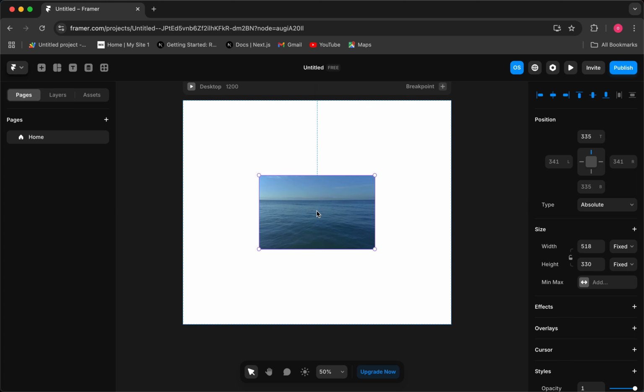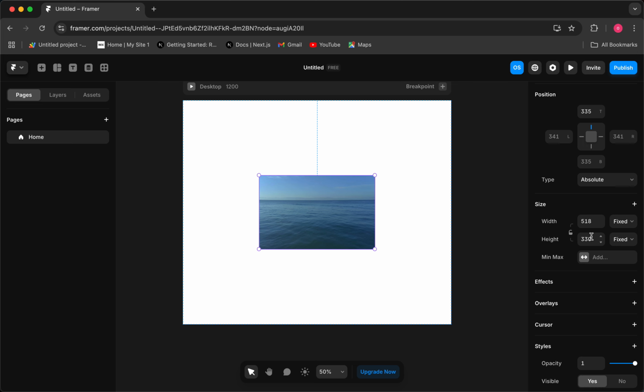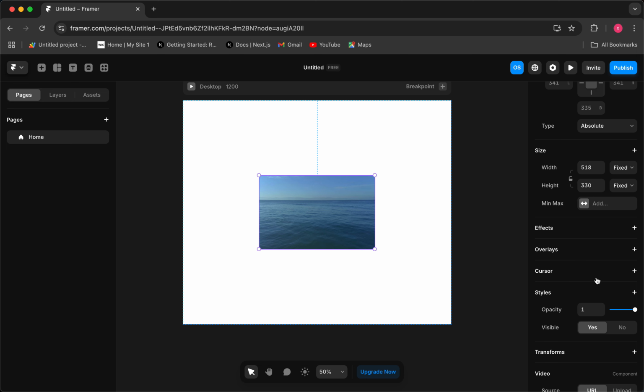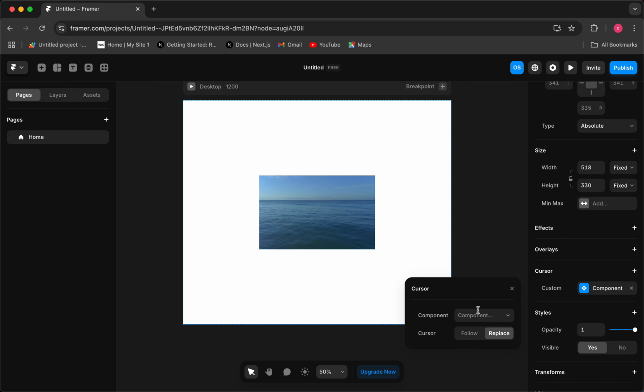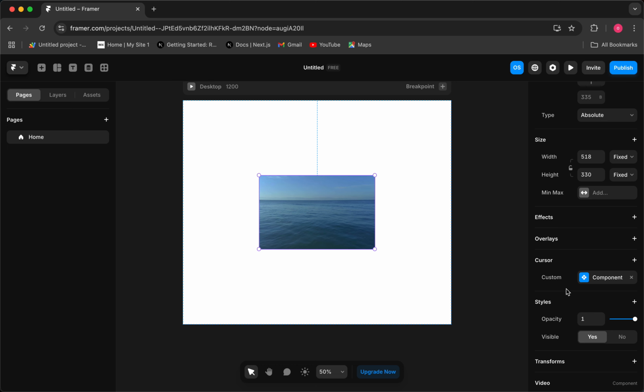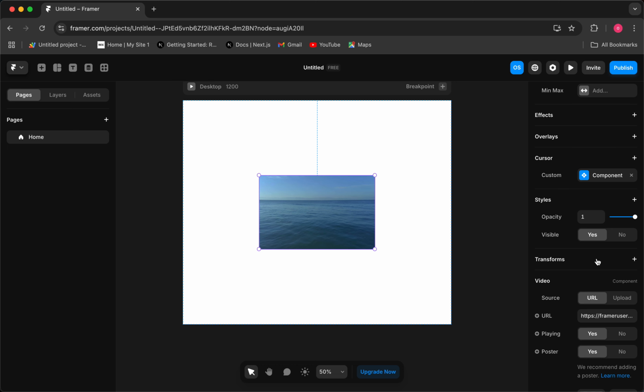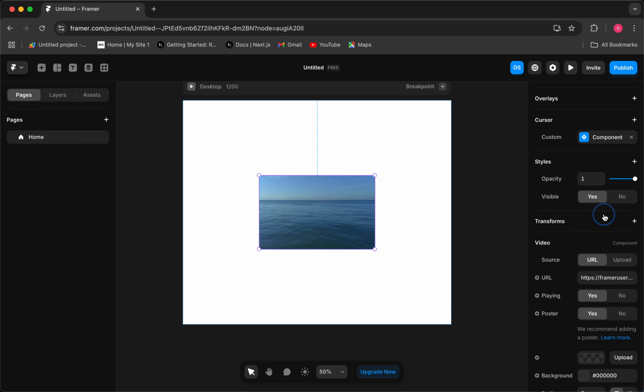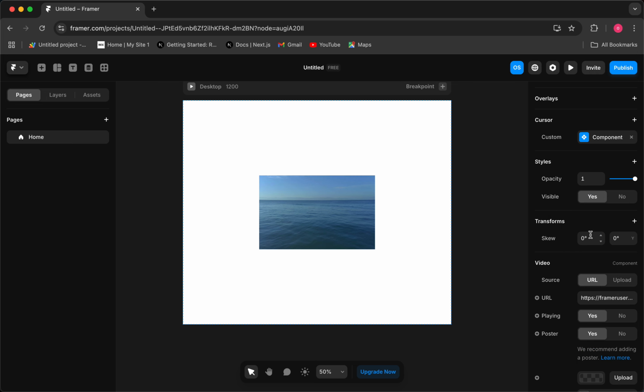And you can just resize it if you want, and you can center it to the middle right there. And if you look on the right sidebar, I'm sorry, you can control the width and the height. You can add effects. You can change the cursor. So if you want to use a default cursor or custom cursor, you can just add a component for that. You can add the component right here. And then also you can transform the video. Let's try scale, and then it just scales it that way,